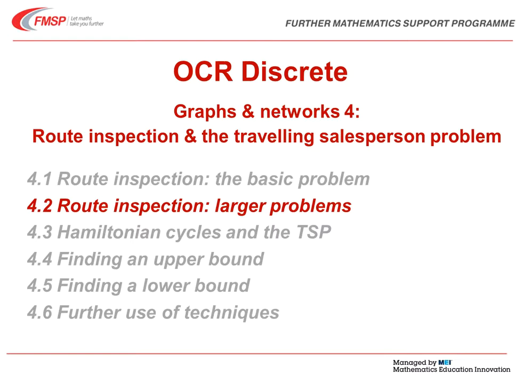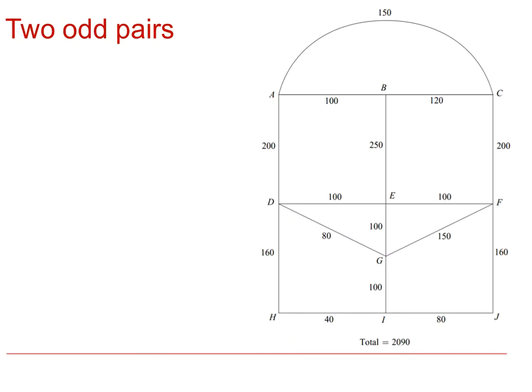Hello, this is the second video of a Graphs and Networks series on route inspection and the travelling salesperson problem for OCR Discrete Further Mathematics. We will consider the larger problems for route inspection, where networks are neither Eulerian nor semi-Eulerian. In the previous video, we looked at the idea of a network being traversable or Eulerian, with all even order